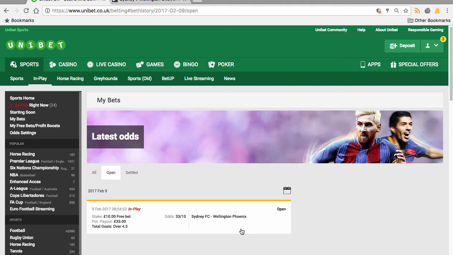So not a great deal to sort of get stuck into. The idea would have been to wait till the game progressed a little bit and maybe look to jump on some of those in play. But knowing we had a free bet from Unibet, what we did was take that